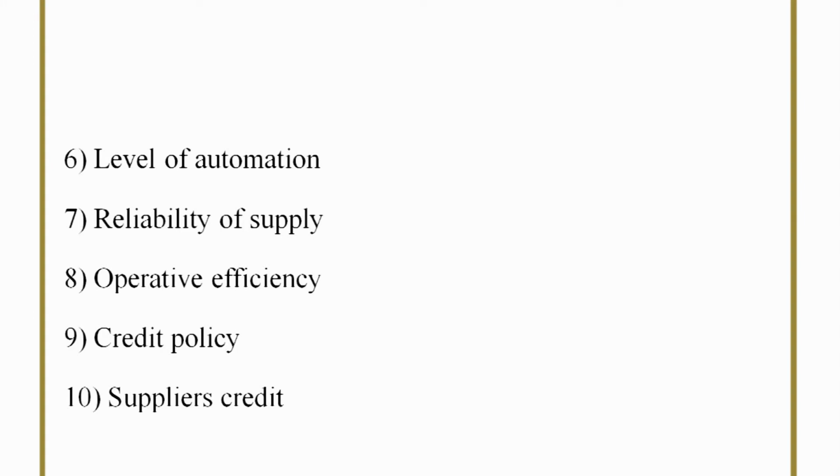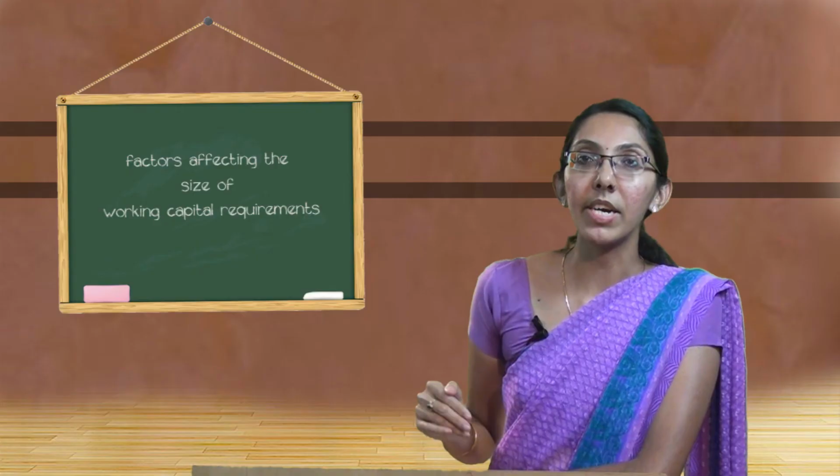The next factor here is the supplier's credit, that is, how we are going to purchase the raw materials, whether on cash basis or credit basis. When we can purchase the raw materials on credit basis, the working capital requirement reduces because we may purchase the raw materials today and make the payment on a future date, after converting the raw materials into finished goods and after selling the finished goods, we may pay the raw material suppliers. So when the suppliers provide the goods on a credit basis, the working capital reduces.